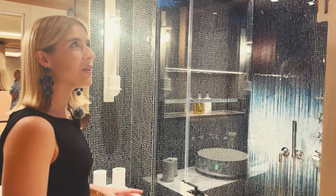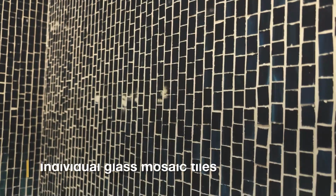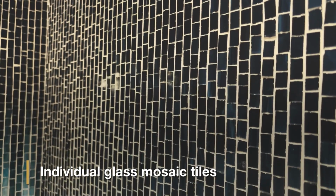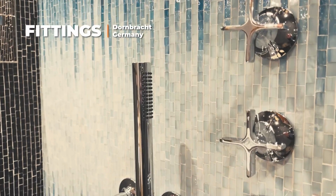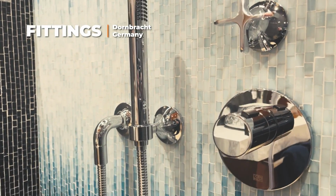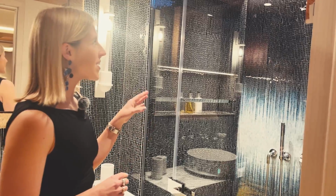So in here we have these incredible mosaic tiles. They're all individual glass mosaic, and we've got this ombre feature wall on the back where the shower is. So it really has a very relaxed vibe. This is all Dornbracht fittings, so it's all top of the range stainless steel, and we've got this fantastic rainfall